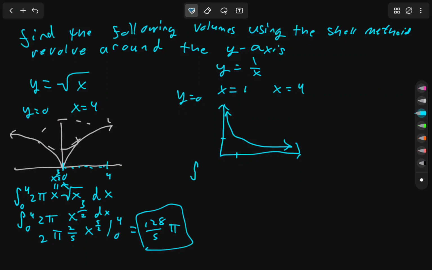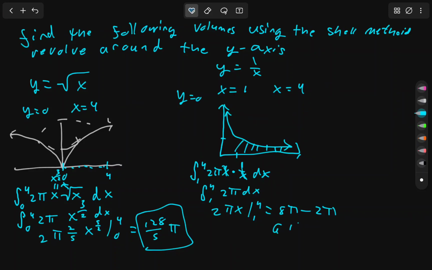So this is going to look like the integral from 1 to 4 of 2 pi times x times 1 over x dx. Well, this 1 over x and the x will cancel, so this is really just going to be the integral from 4 to 1 of 2 pi dx, which is going to be 2 pi x, evaluated at 4 and 1. 4 is going to be 8 pi minus 2 pi, so we get an answer of 6 pi